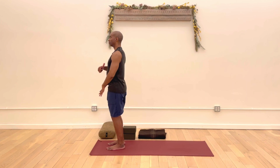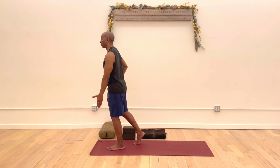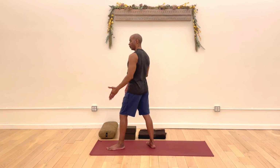Inhale, get tall. Exhale, draw belly button in for security. Lean forward, a little weight into the toes, grip the mat with your toes. Peel right heel off the floor and start tapping it back until it naturally stops. We'll get an outer rotation of that leg so we can plant the heel into the floor, shifting so you're